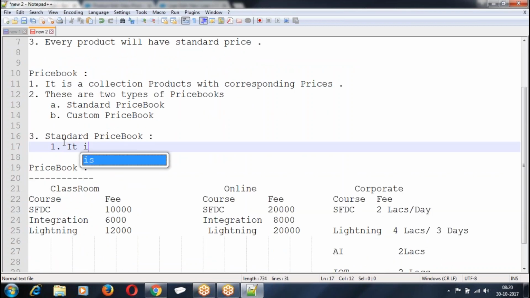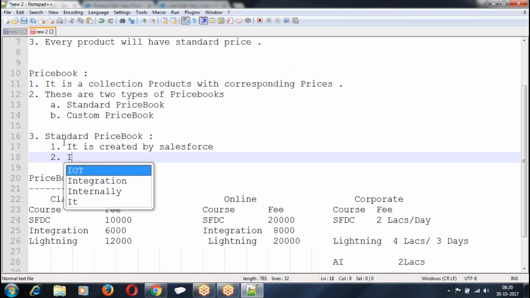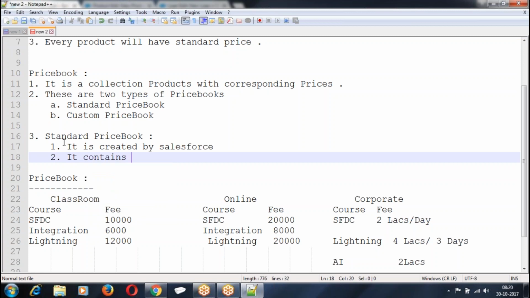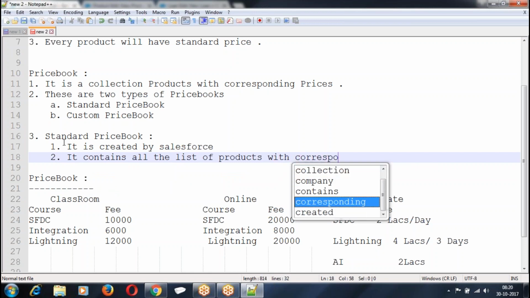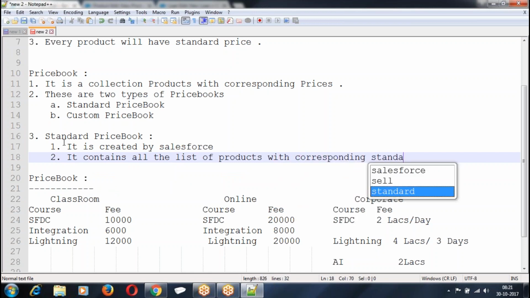It is created by Salesforce. It contains all the list of products with the corresponding standard prices. Standard price book means it is created by Salesforce and will contain all the list of products with the corresponding standard prices.